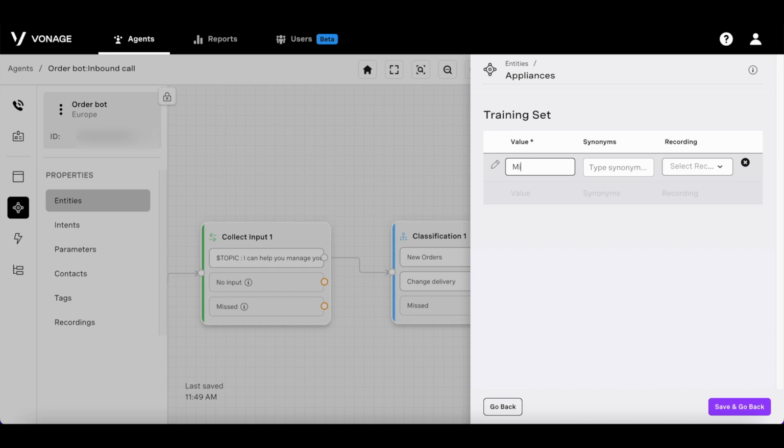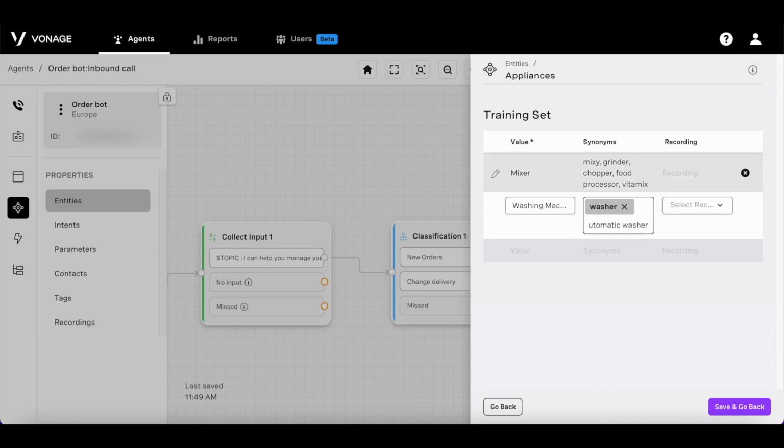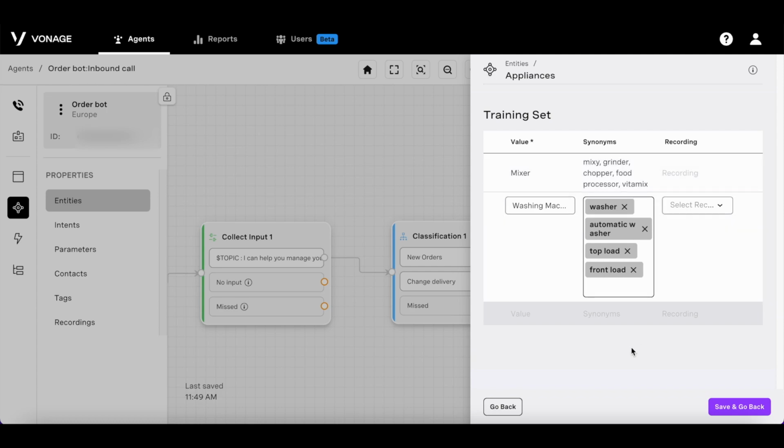So let's add mixer as the value. And in the synonyms, we can add all the different possible ways of saying mixer. We can add another one for washing machines. Be sure to click enter after each synonym.